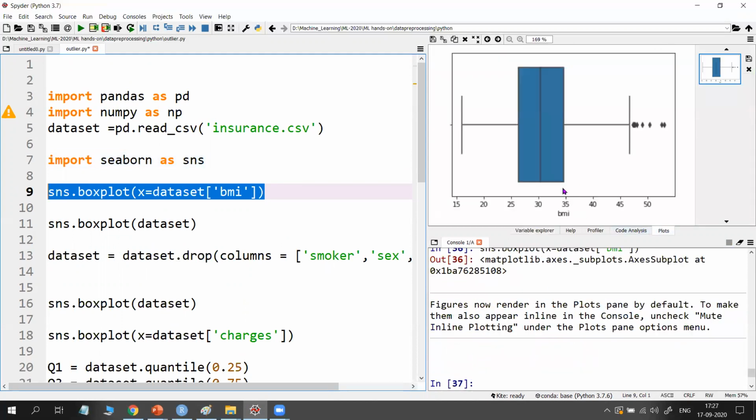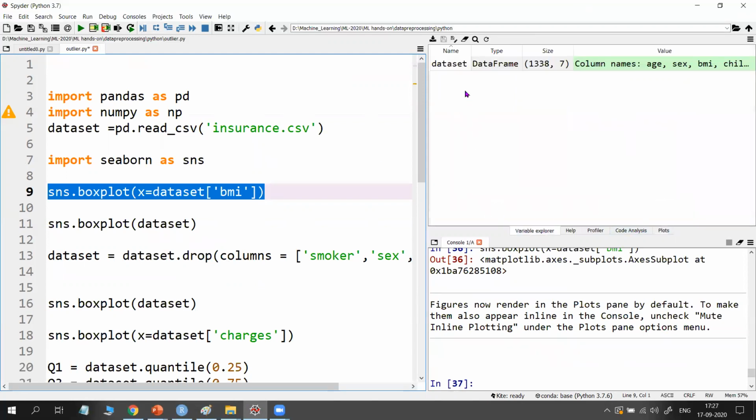Go to plots here. This is the box plot which shows our outliers. See 45, 50, and above 45. So this maximum value you can easily identify using the box plot. Actually, no need to calculate using IQR, Q1, Q3. If you don't know all these formulas, just use this by seeing the diagram. Of course, you can estimate the value between 45 and 50. So consider 45 and above as outliers. Not a problem. But if I want the exact formula, I will show you. So this is the data set actually.